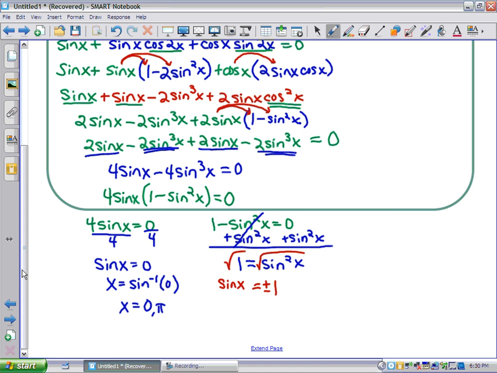And because here I'm looking for an angle again, that says x equals the inverse sine of positive or negative 1. Or where on the unit circle do I get positive or negative 1 for y? So we get that at pi over 2, three pi over 2,